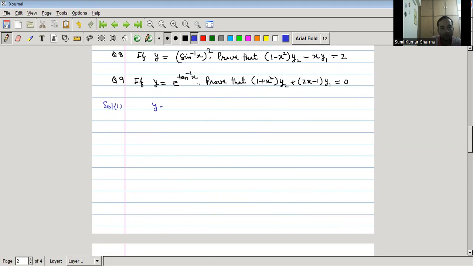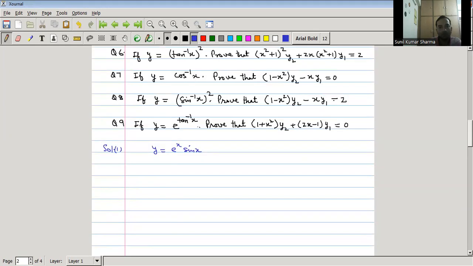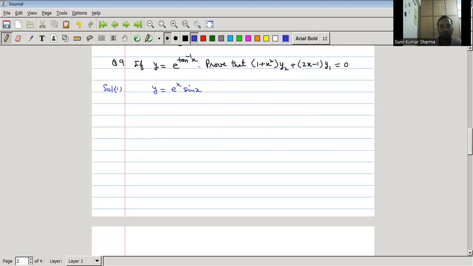Given y is equal to e to power x into sin x. So this is y. We have to find its double derivative. So let us find the first derivative, y1. y1 means differentiate y with respect to x. We get y1 is equal to